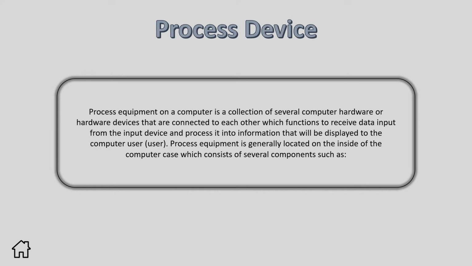Process device. Process equipment on a computer is a collection of several computer hardware devices that are connected to each other with the function to receive data input from the input device and process it into information that will be displayed to the computer user. Process equipment is generally located on the inside of the computer case, which consists of several components such as